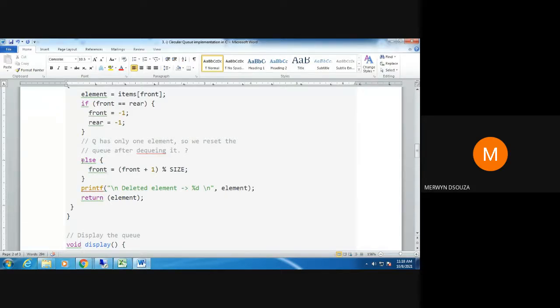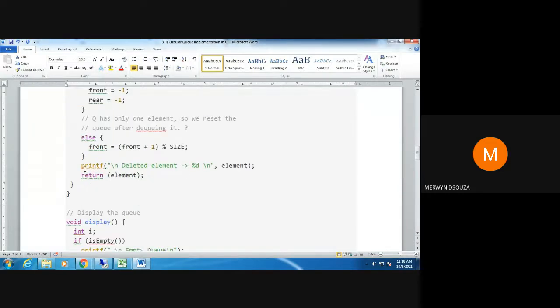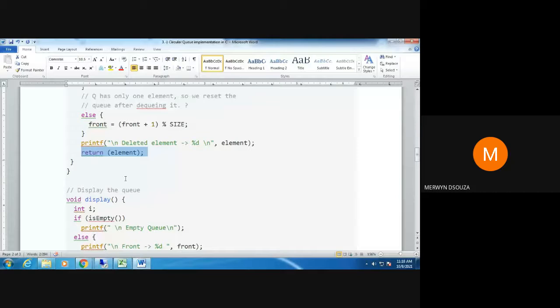Once this else part has been done, you come to this printf statement. You had extracted that element which was there in the beginning, which was 1, and you stored it in this variable element. So you print that here, and then you can also return that value back to the main function if you want, and then you can work with that value in the main function. So I'm returning that value 1 back to the main function after printing.